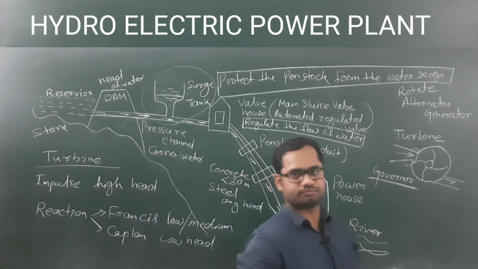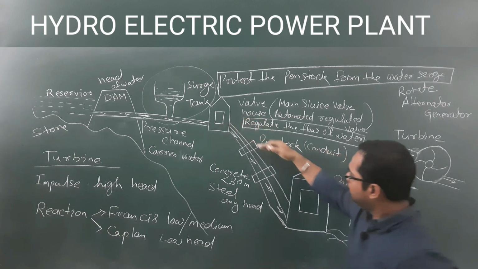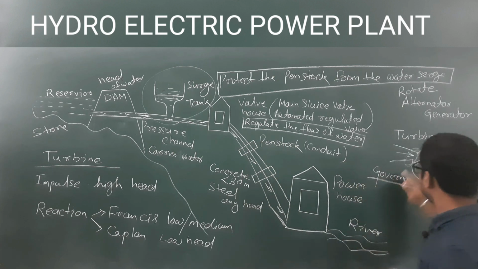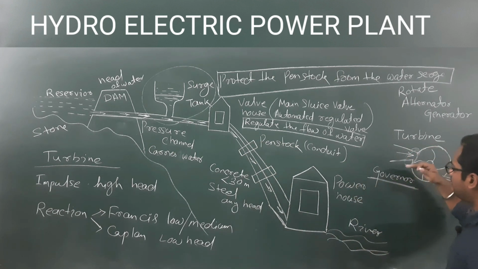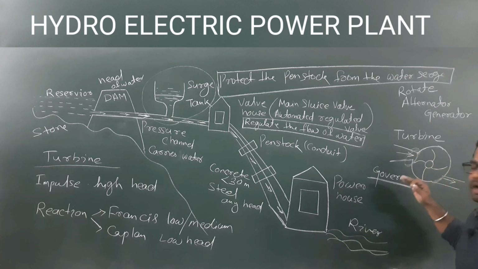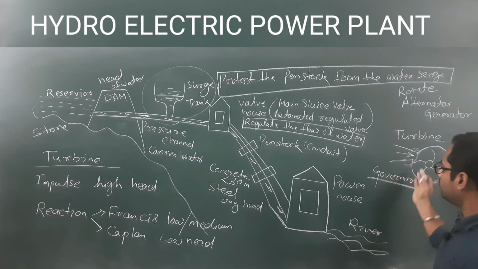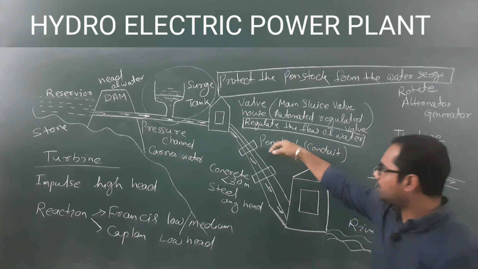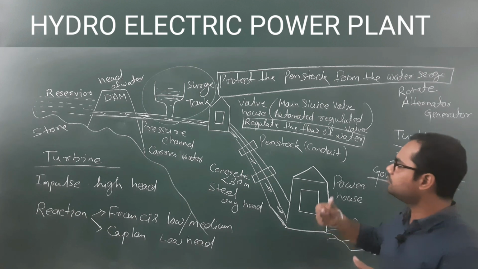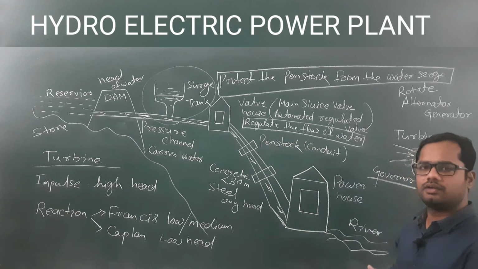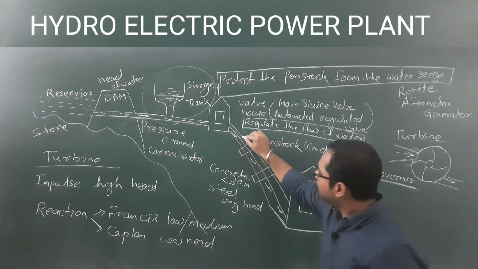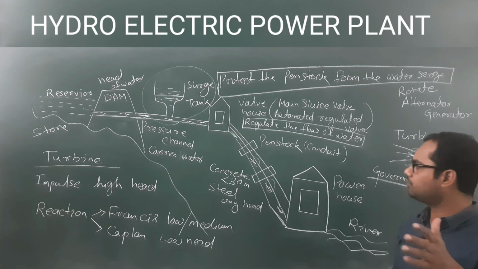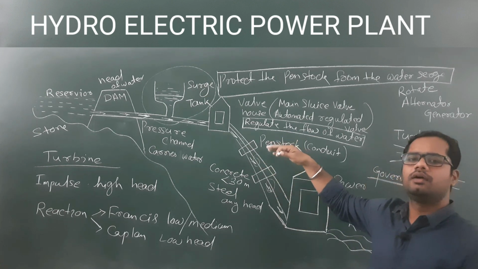The second part: whenever you are opening the gate, means your governor gate. Now the gate has been closed and power production is required, then you open the gate. Whenever you suddenly open the gate, at that time a water rush will be there. The water will try to rush into the turbine. At that time, in between the penstock, a number of air bubbles will be created, or some voids will be there, which will be covered by your water.